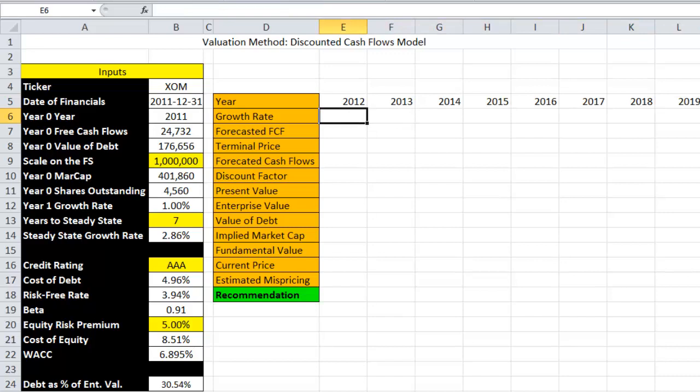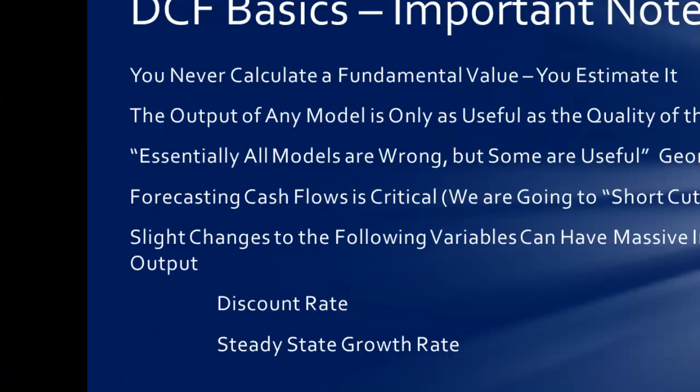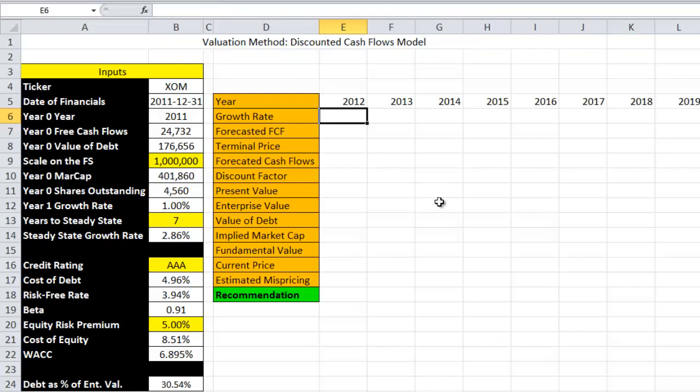Now we want to get the growth rate. Now, for my purposes, I'm going to shortcut this in a lot of ways. Here's the shortcut that I'm going to take. Now, I want to remind you, I'm doing a shortcut. Here's the reminder. Forecasting cash flows is critical. We're going to calculate, and I'll show you next module how to do this,